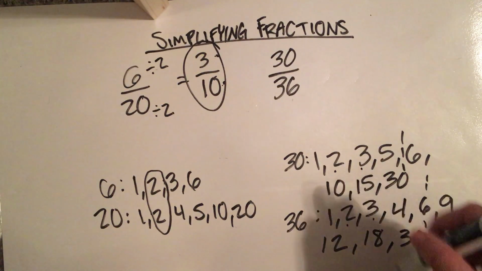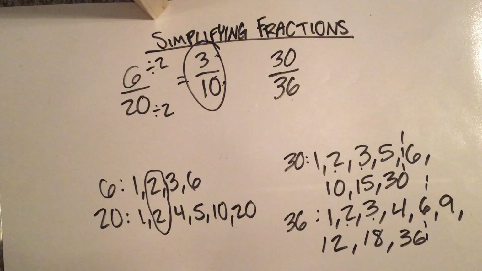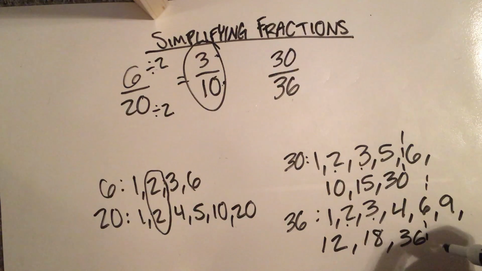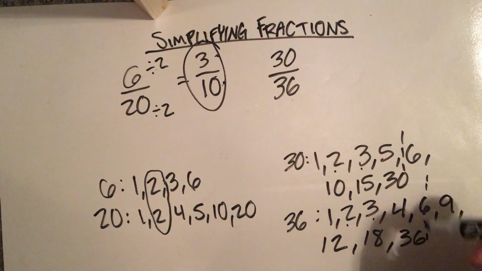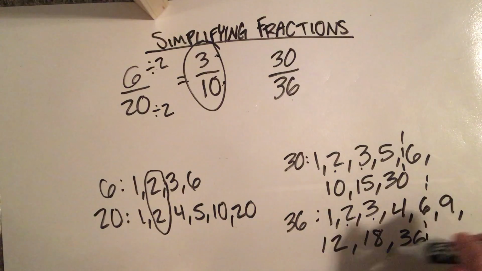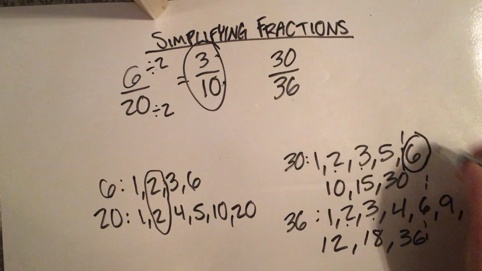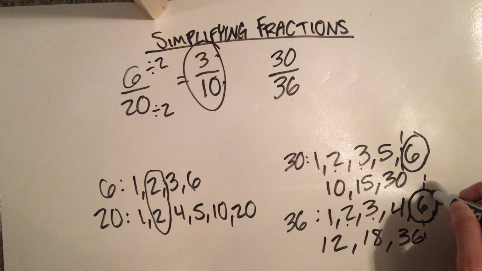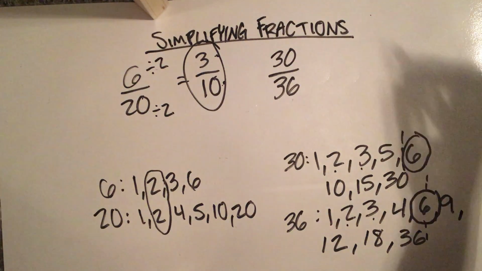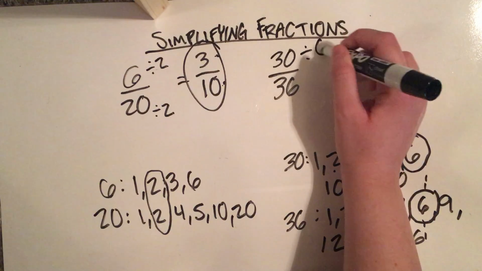we also have a 3. We'll see that we have multiple factors that they share. So what we're going to do now, like we said before, is we want to look for the greatest common factor that they share. So we're going to just start at the bigger ends, 30, 36, 18, 15, 12, 10, 9, 6. 6 is the biggest factor that they have in common,